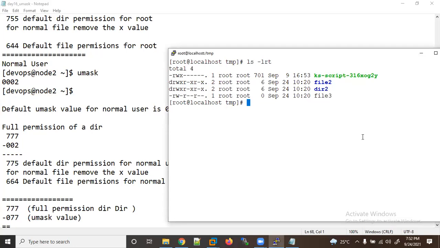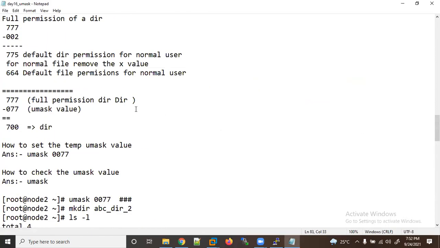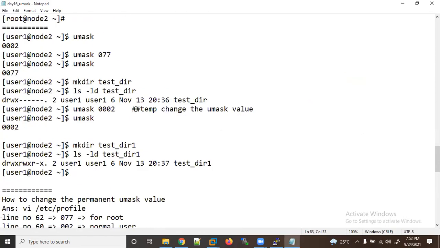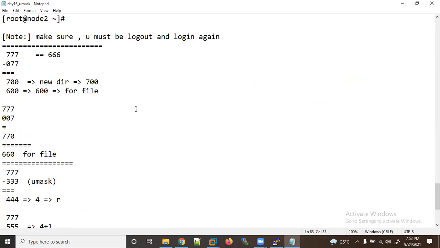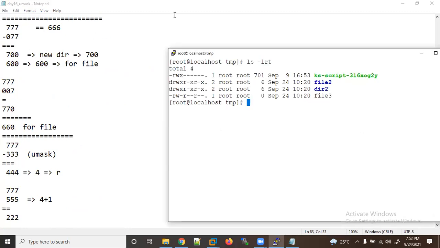So how can we change a umask value? Let's produce some examples. Here I have calculated already. Let's say this is hardening.